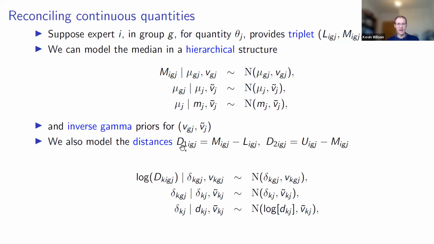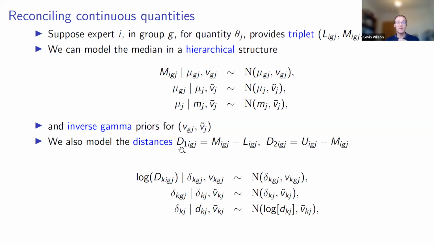So instead of aggregating L and U directly, we're going to... may I ask a very quick question? Those distances, won't they be equal if you're assuming a normal distribution? They won't in general be equal because the experts will have specified them, and they won't have been assuming a distribution when they specified them. This is their judgments.